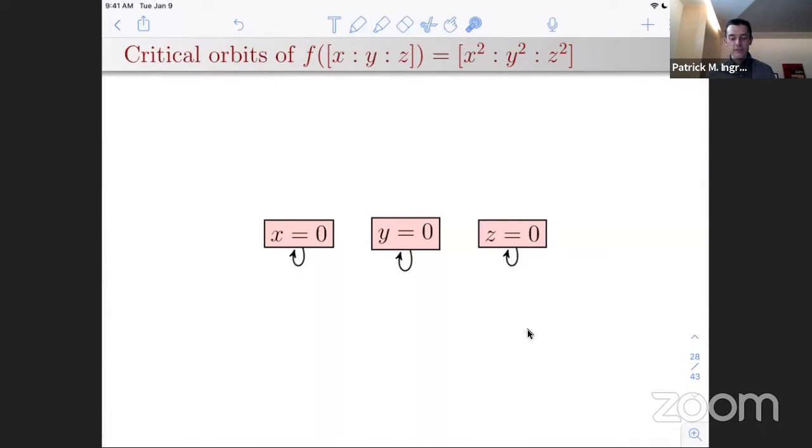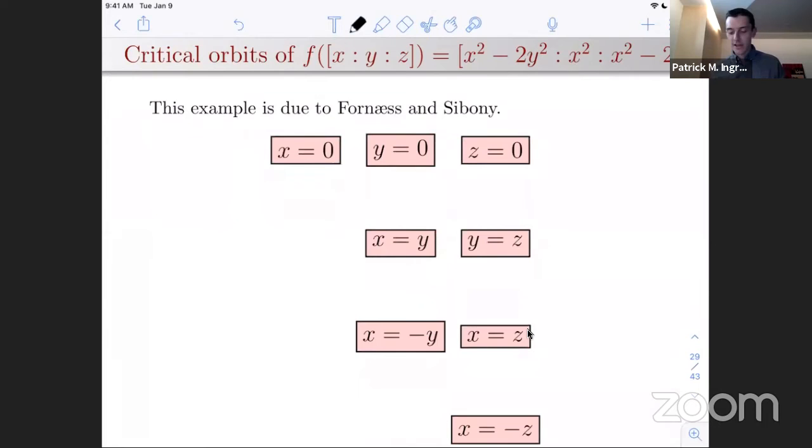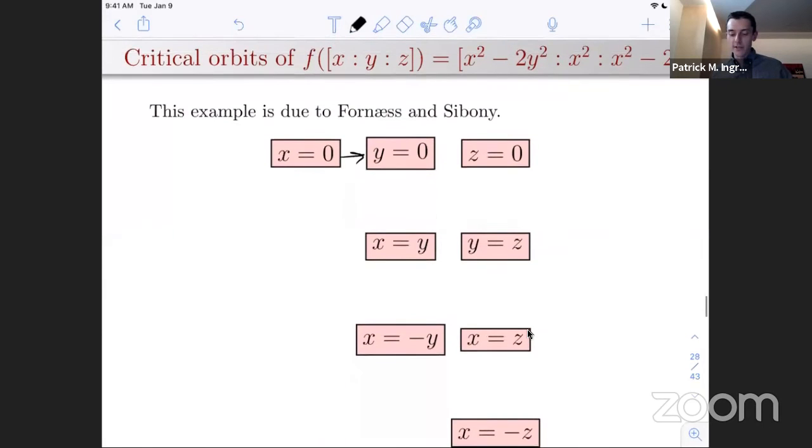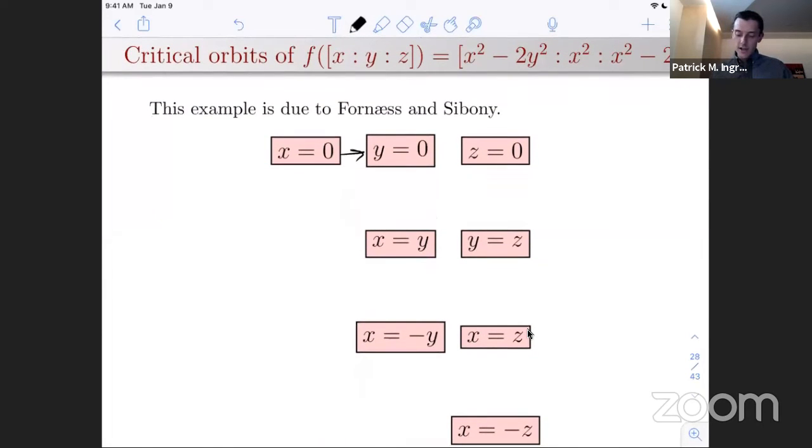Again, I wanted to convince you that there are some of these things, and again I choose a silly example to start. The squaring map on P^2, in fact any powering map on P^n, is post-critically finite. I wanted to give you a few other examples. So here's an example, and I will draw in the arrows here for you. I have the morphism at the top there. This morphism is ramified on the coordinate hyperplanes, and then you can quickly compute where each coordinate hyperplane goes.